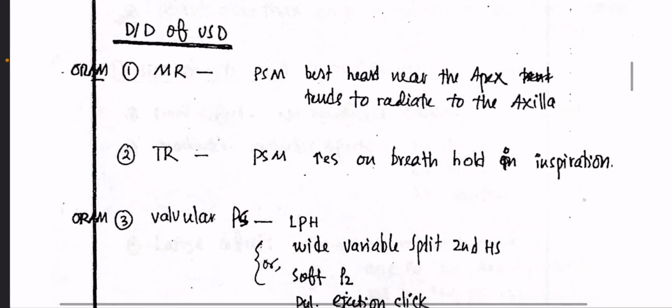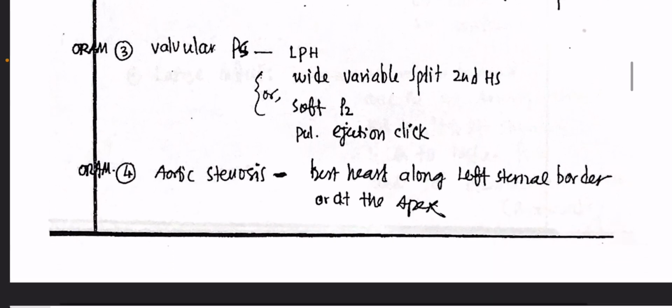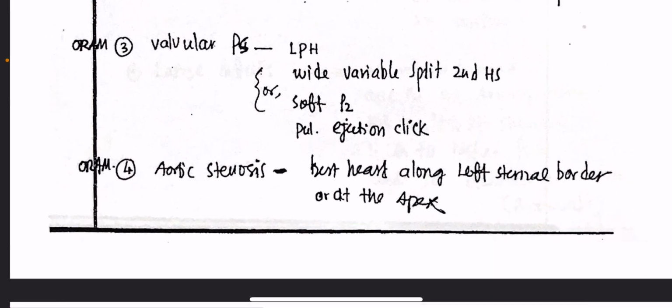Now, differential diagnosis of VSD. The differential diagnoses are mitral regurgitation, tricuspid regurgitation, valvular PS. Mitral regurgitation: pansystolic murmur, best heard near the apex, tends to radiate to the axilla. In tricuspid regurgitation, pansystolic murmur increases on breath hold in inspiration. In case of valvular pulmonary stenosis: left parasternal heave, wide variable split of second heart sound, or soft P2, pulmonary